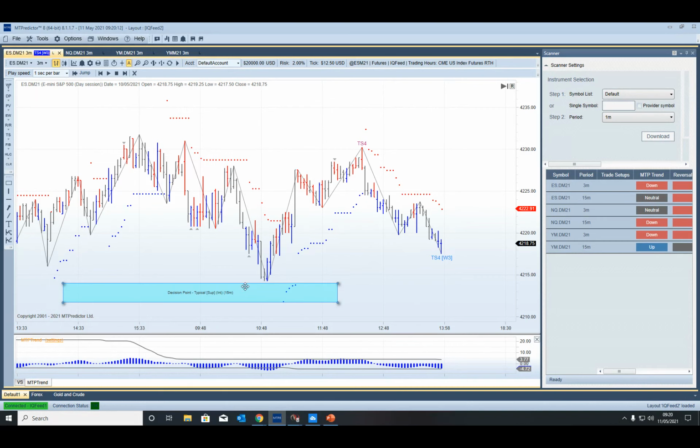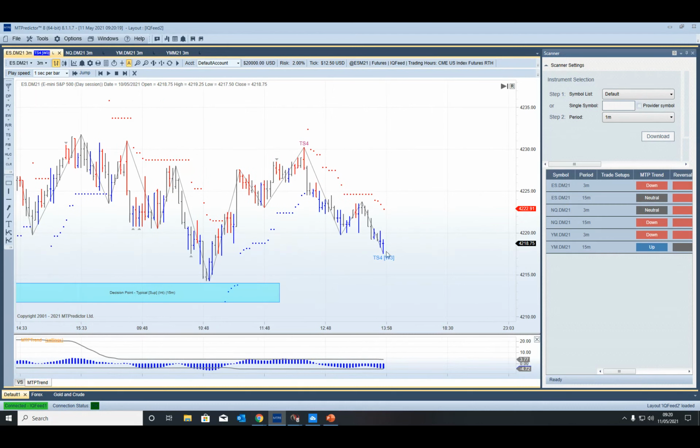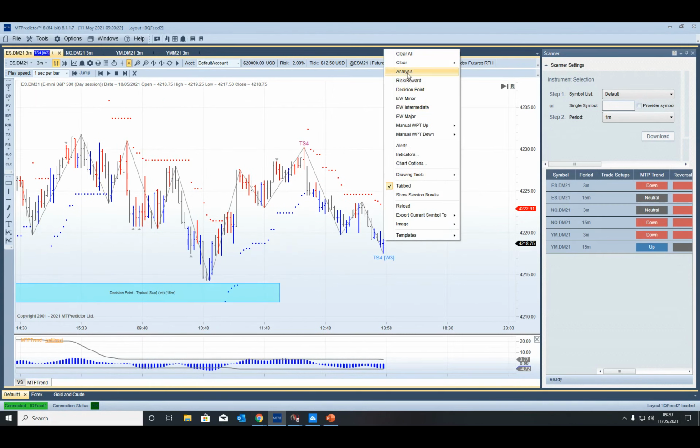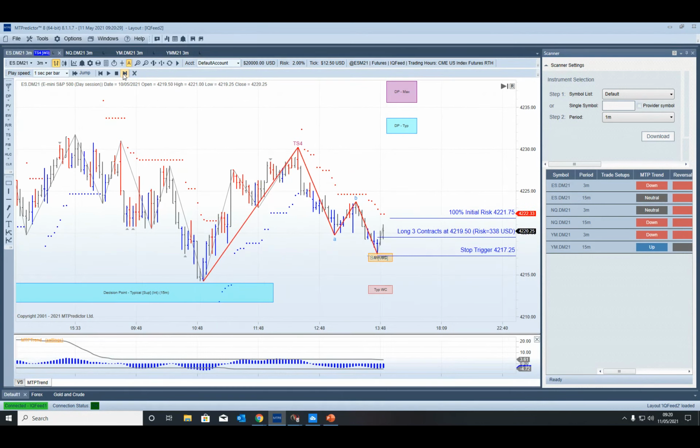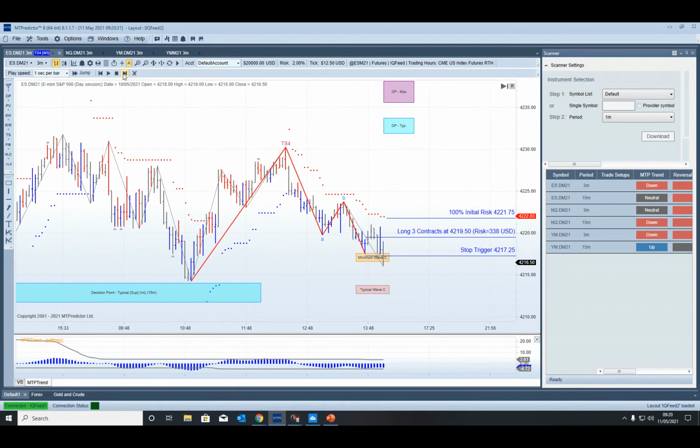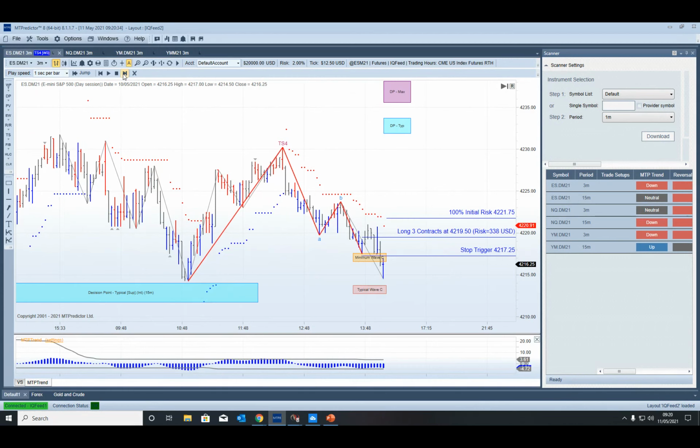Do you see that? So even though the MTP trend was blue, and even though that looked like a potential good trade setup, you weren't at higher time frame support. So if you had placed your trade setup on this, you would have been taken in long and then stopped out. So this is very important. It's very important to always look to trade when the picture's clear, and don't be tempted to get too gung-ho about setups that look good just on